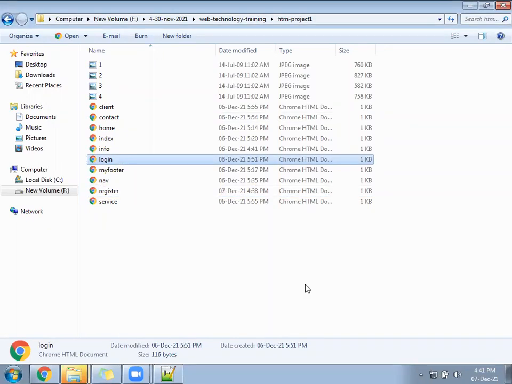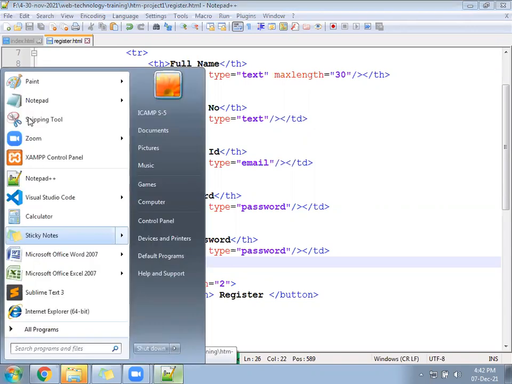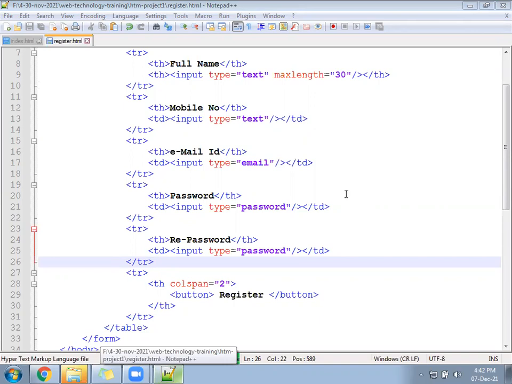So in login.html, create a form like this.